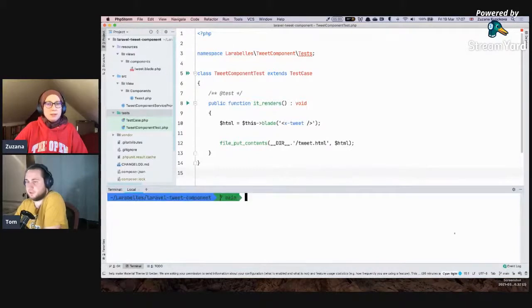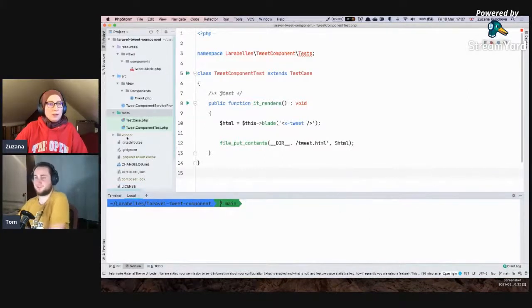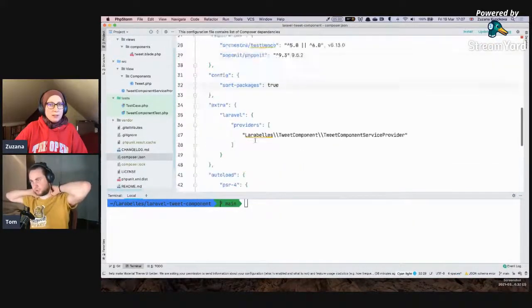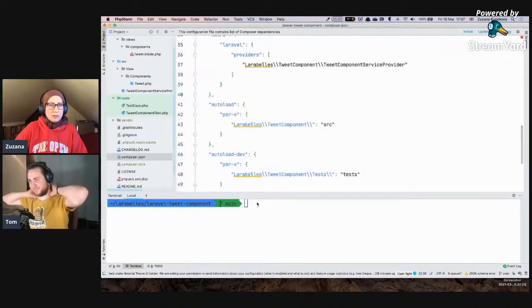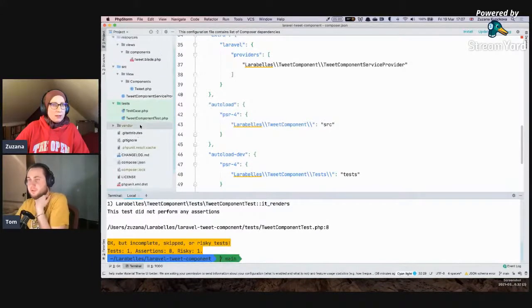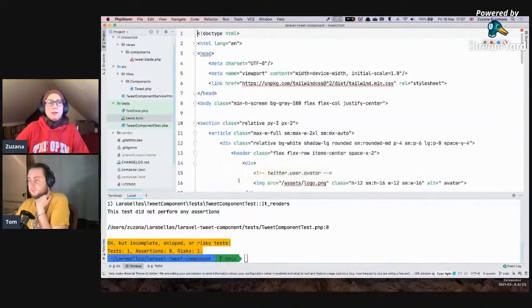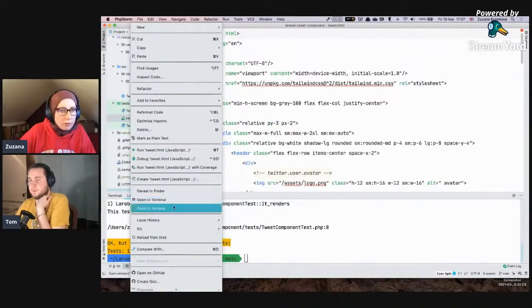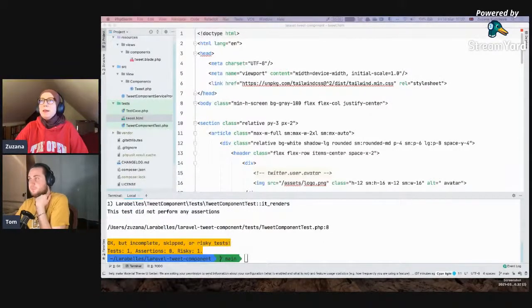I also like the integrated terminal. What was the test command? Wasn't it composer test? Just composer test. So we got this, and then we get this, and I need to open it with open in browser. Chrome, and then I'm just gonna